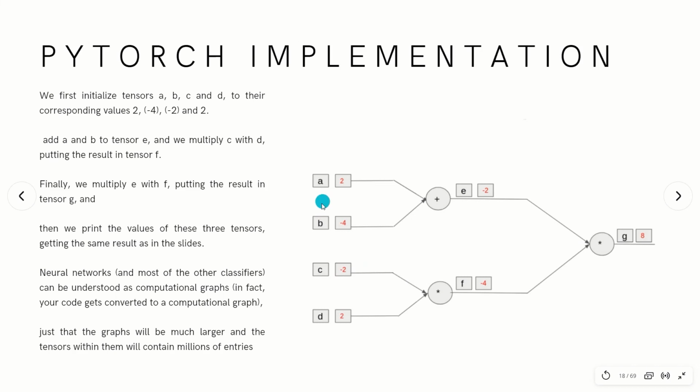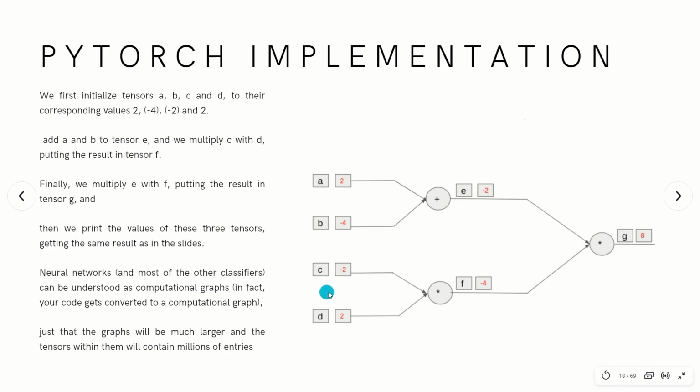Okay. And now you want to run the operations between these nodes. Let's say you want to add node A and B. So that's an operation you want to perform. Okay. So let's add it. So you want to add these tensors. Okay. So add A and B to tensor E. So after adding these two values, their output will be stored in another tensor by the name of E. Okay. Similarly,